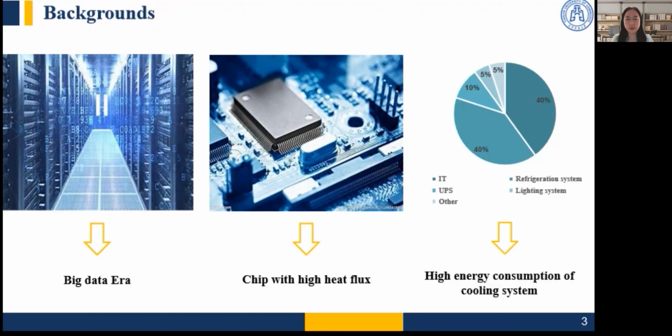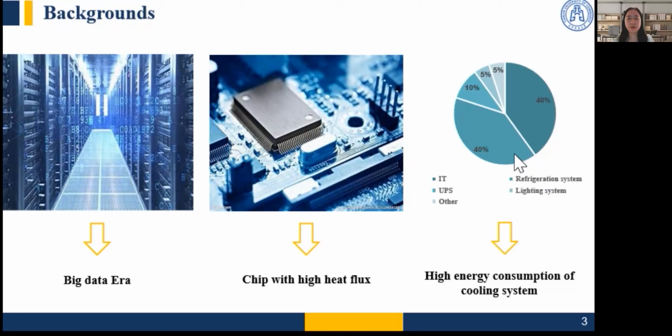Moreover, the cooling system accounts for about 40% of the total energy consumption of the data center, so the most effective way to reduce the energy consumption of the data center is to reduce the energy consumption of the cooling